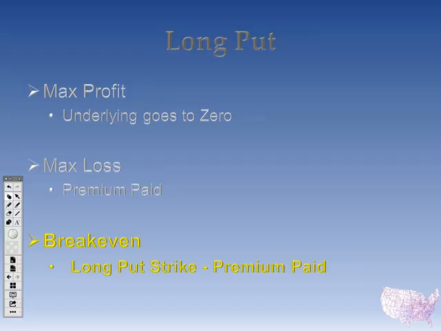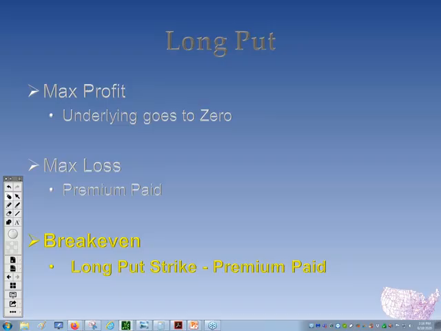All right, break even point is the long put strike minus that premium paid. So if we pay a premium, we need that market to come down in order to get to our break even. Now, it doesn't mean to be profitable, like if I get a quick move right away, this is at expiration, you guys, right? If I pay a premium, I have to make up on that premium in order to get to my break even. Well, during the life of this option strategy, it can go down there and never hit my break even point. It may never hit that.